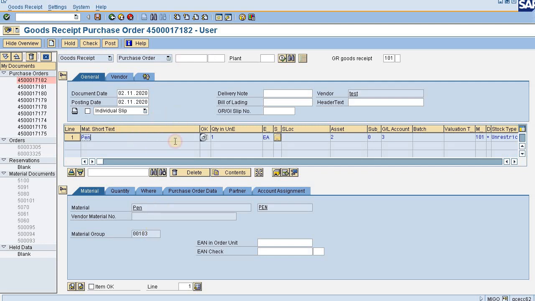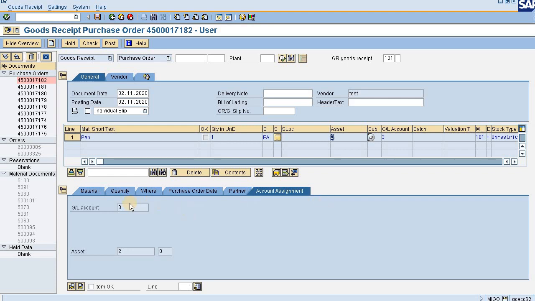Material number is coming successfully, quantity is coming successfully, asset number is also coming successfully. Now I am going to the account assignment. See, the asset is 2 and the GL account is 3, which means the GL account behind the asset number 2 is 3, meaning 3 is the fixed asset GL account. So now my next point of action is to click on the item OK. Now I'll be clicking on the check button.